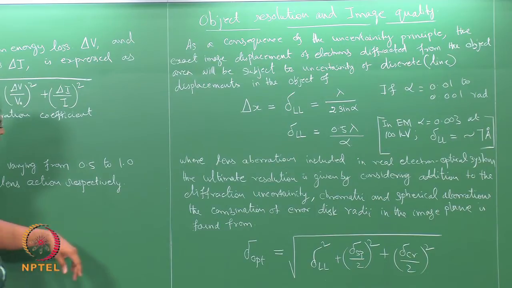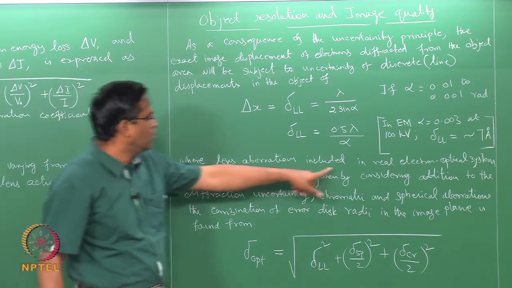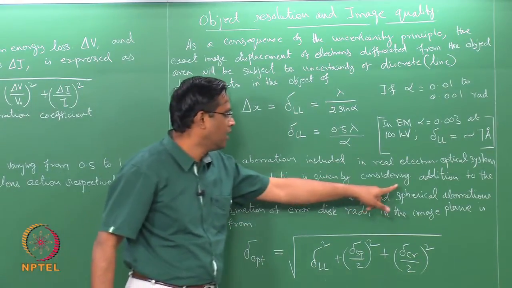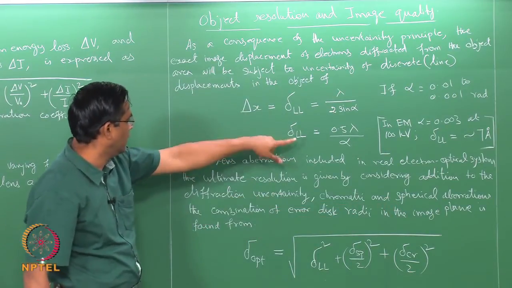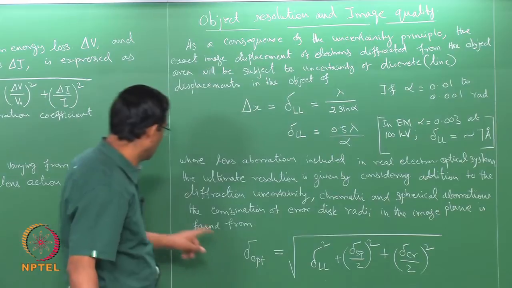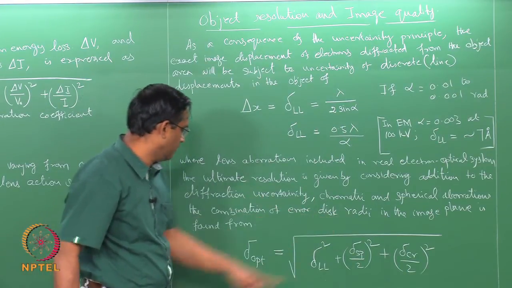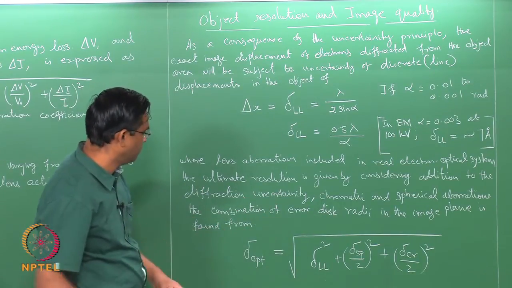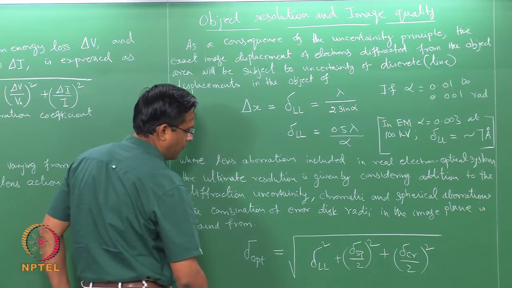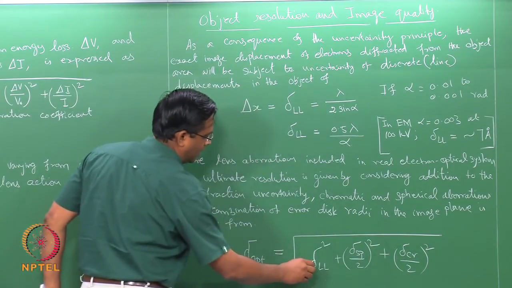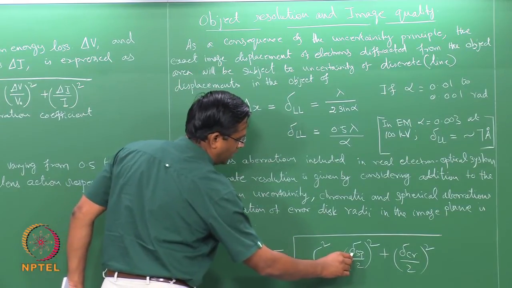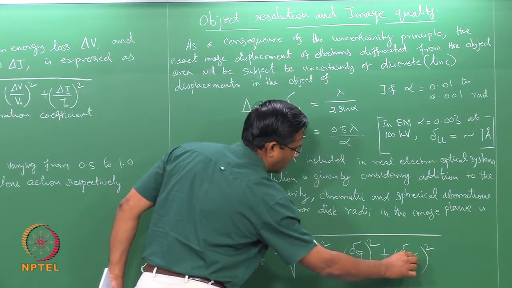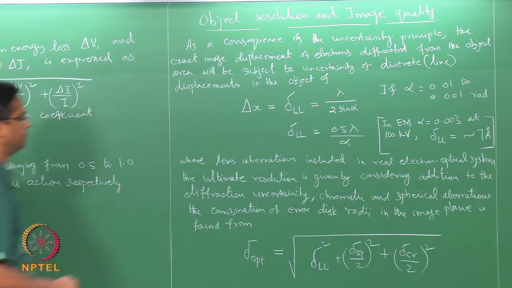So, what I have done is, where the lens aberration is included in the real electron optical system, the ultimate resolution is given by considering, in addition to the diffraction uncertainty, chromatic and spherical aberrations, the combination of the error disk radii, that is delta optimum in the image plane, is found from delta optimum equal to square root of delta LL square plus delta SP by 2 whole square plus delta chromatic divided by 2 whole square. We consider